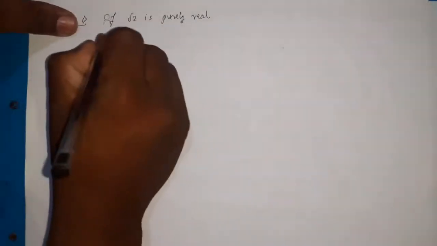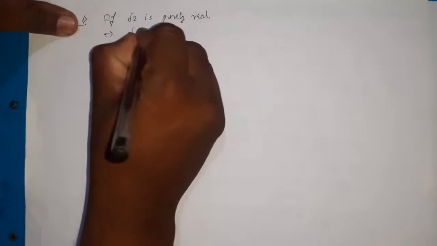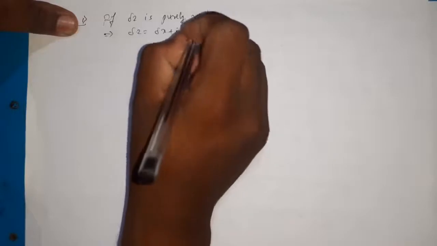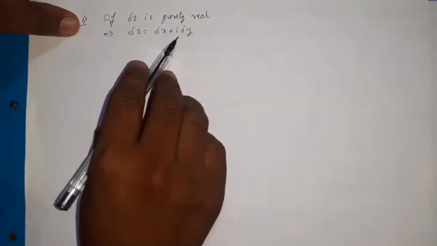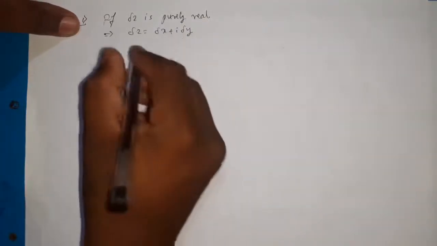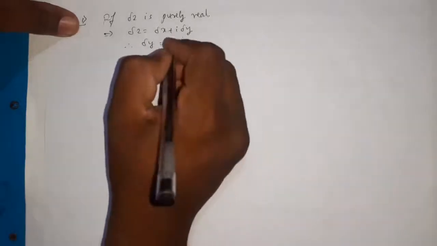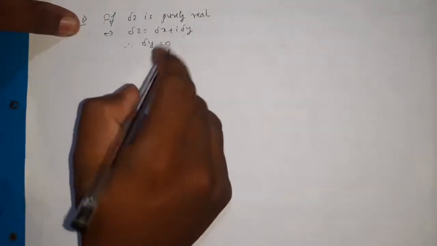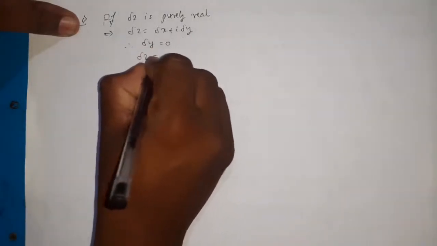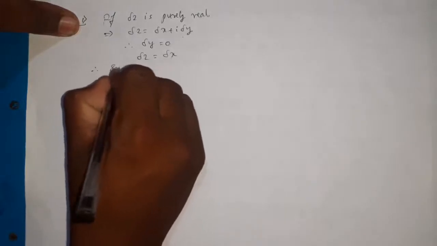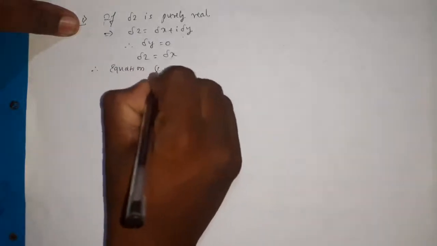imaginary part. So, therefore, here we know that delta z equal to delta x plus I delta y. Purely real means the imaginary part is 0, here the imaginary part is delta y. So, therefore, delta y is equal to 0. If delta y equal to 0, then delta z is equal to only delta x. So, therefore, equation 1 becomes,